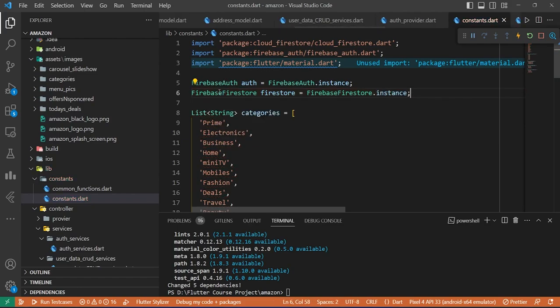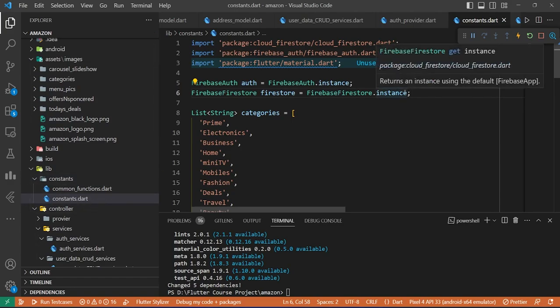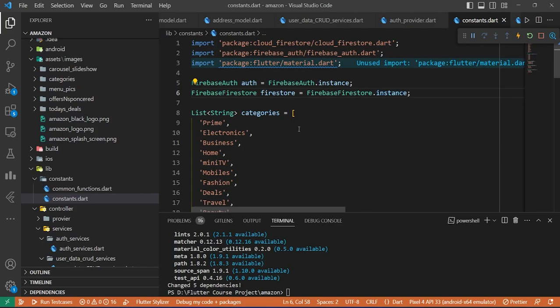Okay, so we declared it in the constant file because we will be in need of these two things in a lot of the codes. So instead of writing it again and again, we will just simply write it here and